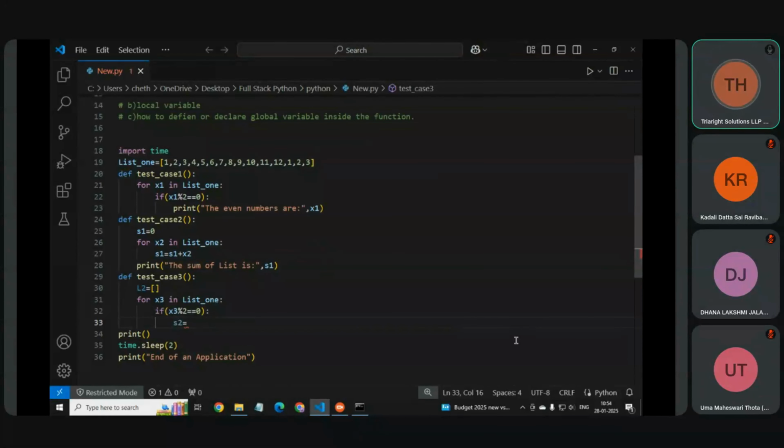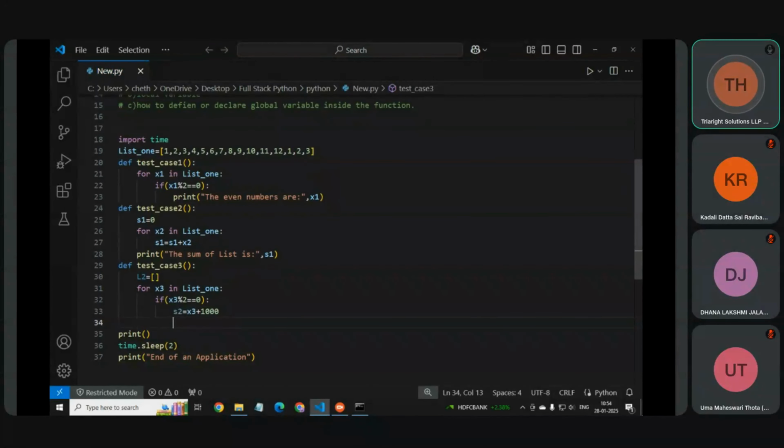Then in s2 we write x3 plus, if the number is even, okay, so we want to add like 1000 in that. So what we have to write here? Not L3, here we use L2. Then in L2,